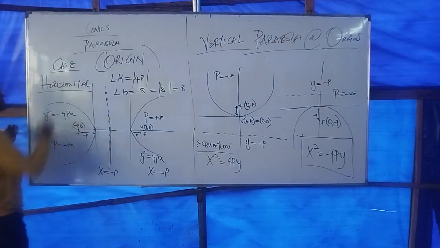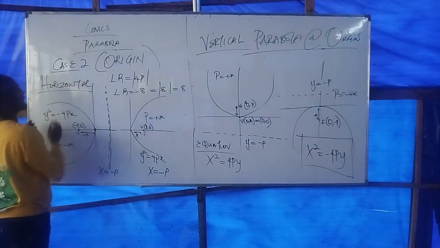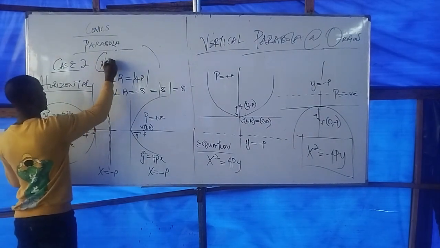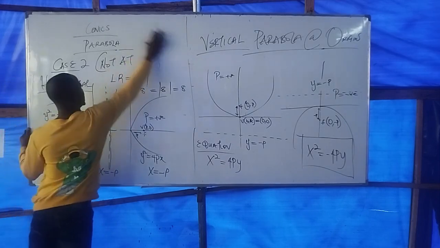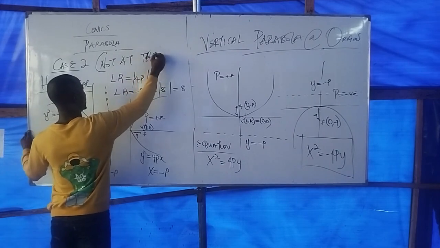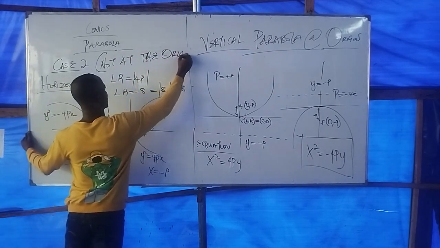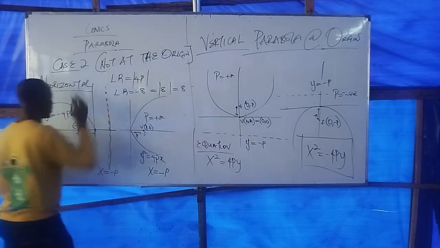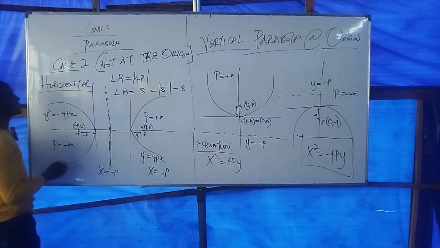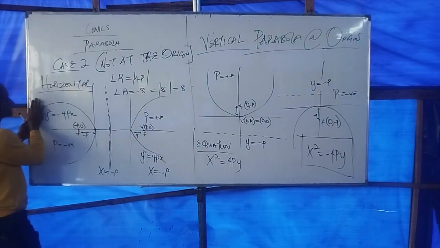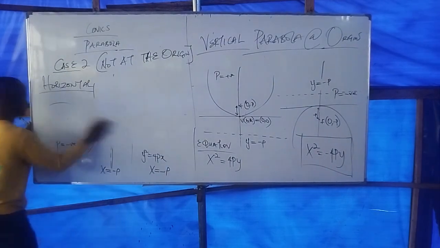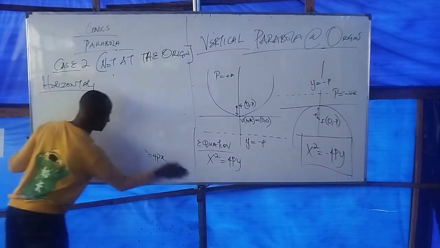Okay guys, so let's see. Case 2. When a parabola is not at the origin, how would this look? Let's still look at horizontal. Let me show you something. For a horizontal parabola,